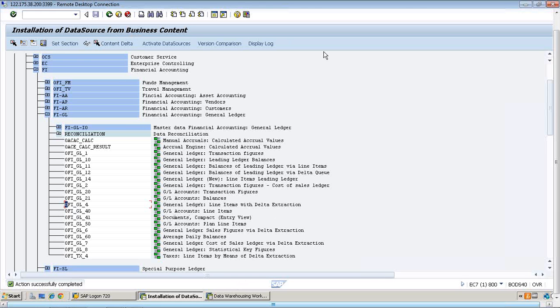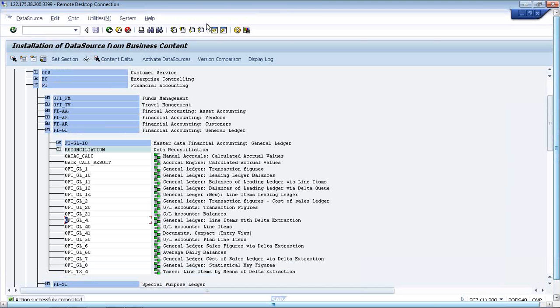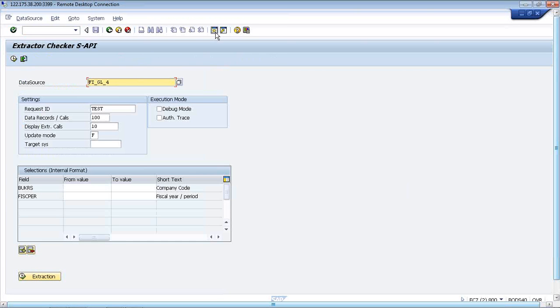Now before I move on to the BW side, I will click on this new session here and do RSA3. What is RSA3 for? RSA3 is for testing the extractor. What you activated, is it really working or not, is what we are checking here. So I will do RSA3 and I have already entered the data source here,